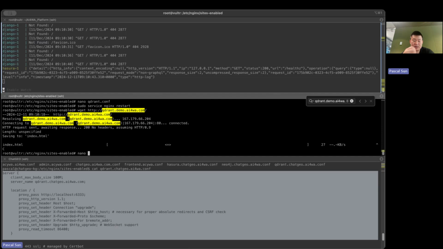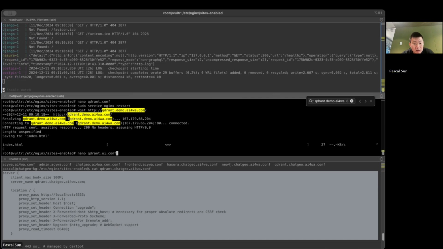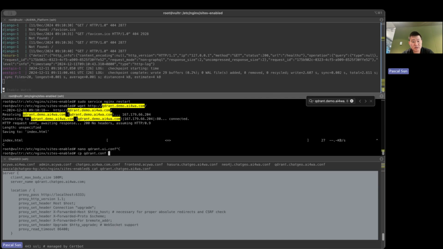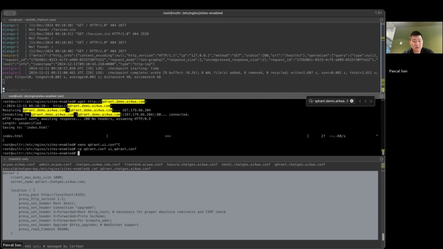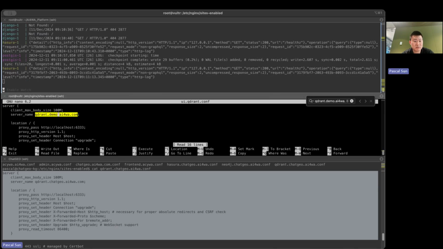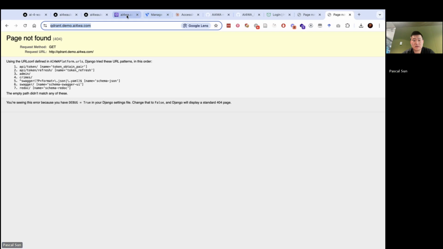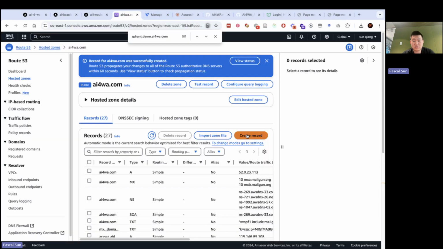Once it has the URI, then let's try to add the cogent to the UI. We just CP cogent UI cogent and config. And we're supposed to... it's potentially because it's the TCP connection or API connections, there are some problems. Let's try to view it this way. And add another record called